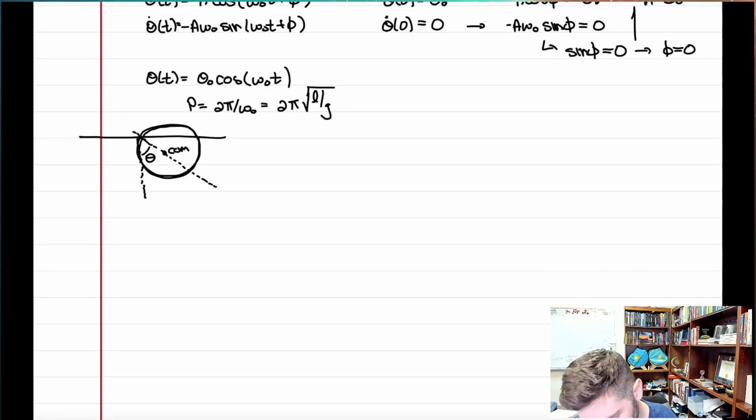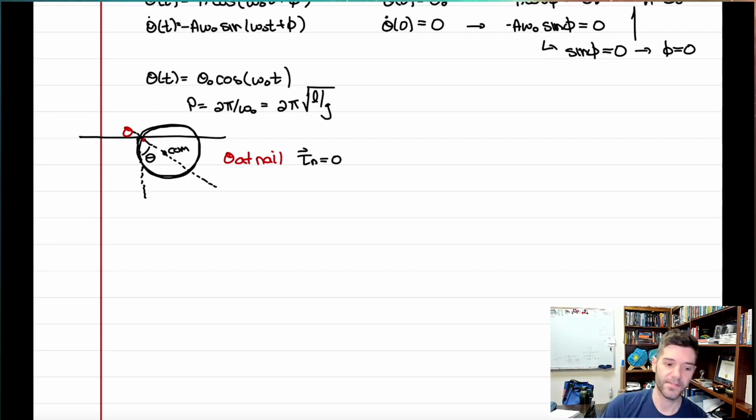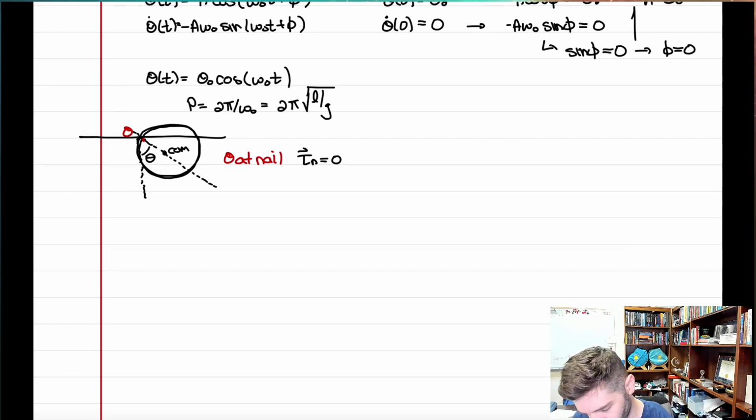Since torques and angular momentums depend on my choice of origin, I'm going to put my origin at the nail. The convenient thing there is that then the torque from the nail equals 0 because it's located at the origin, and torque is r cross the force. So there's going to be no torque from the nail for this particular choice of origin, but there is going to be a torque from gravity,